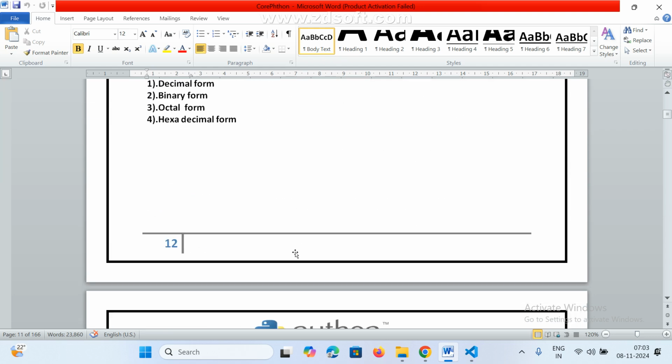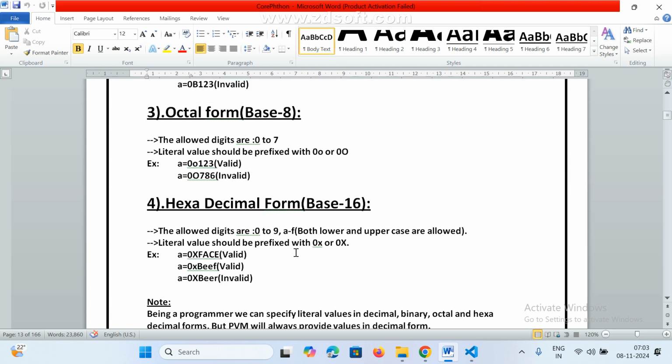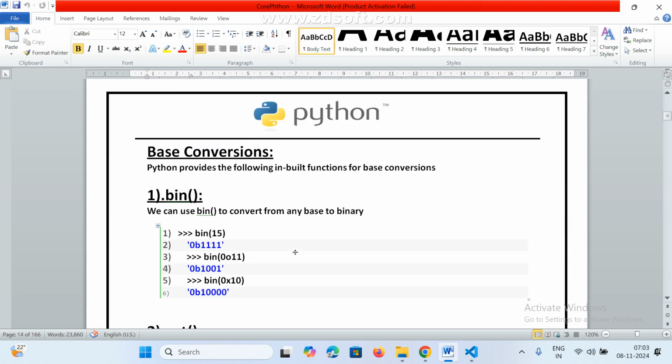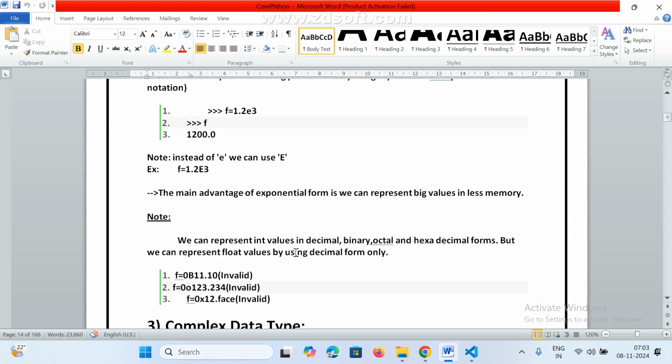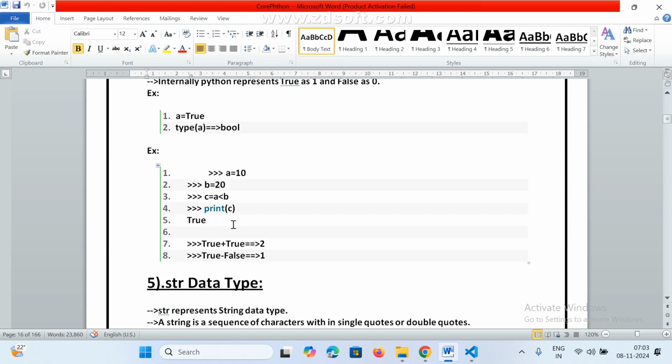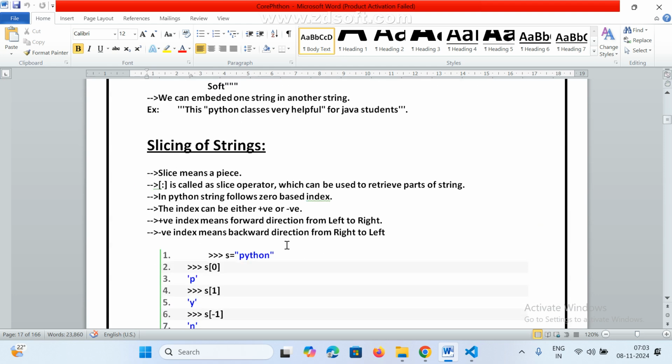Okay, so already you know int, decimal, how to write valid hexadecimal and base codes; these are all known. This is the example we will cover later. This is an example of the Boolean type, true or false, and string data types. What is slicing? This is very, very important. Slicing means slice, the piece. Here there is a colon, which is called the slice operator. So if you go here,